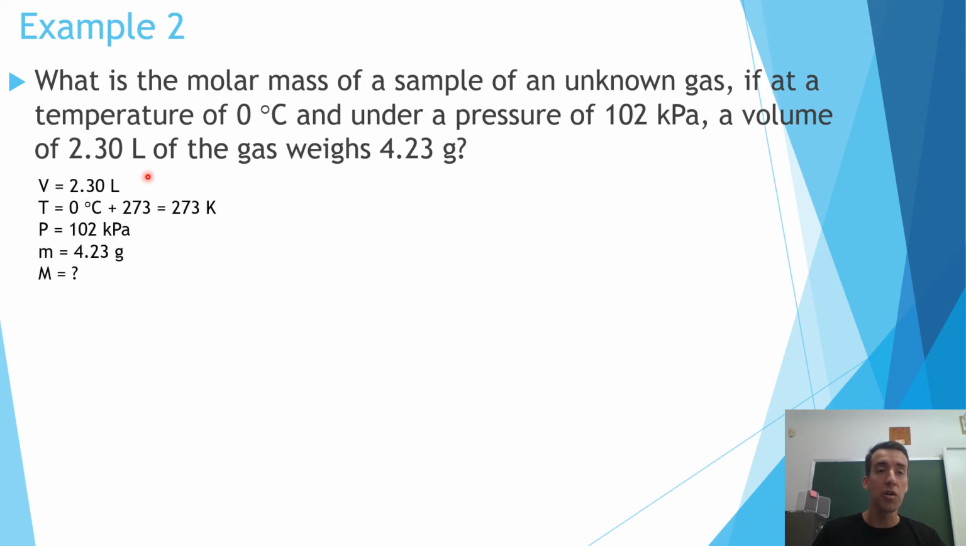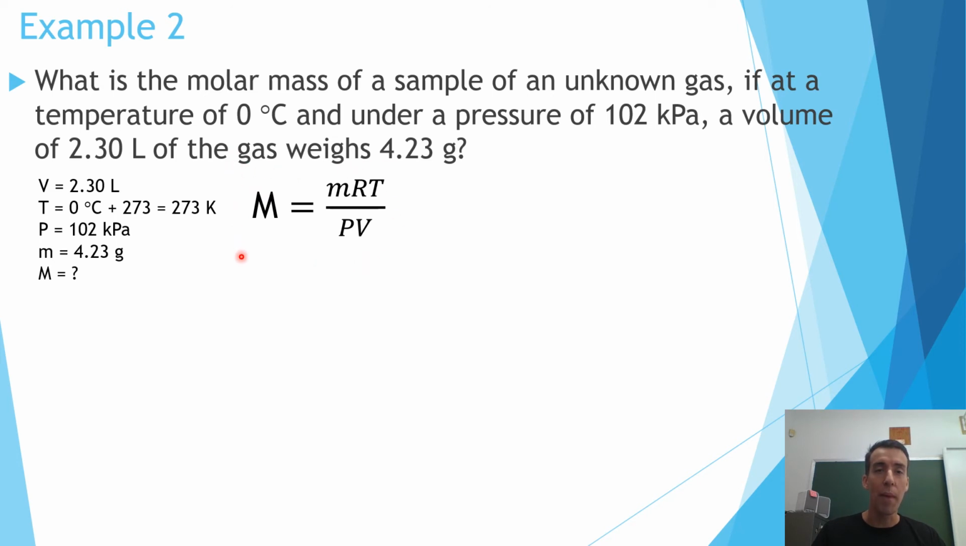So the known variables are volume, temperature, changed to Kelvin, the pressure, and the mass, and we need to find the molar mass. So we can directly use our new version of the ideal gas law. But just so you know,